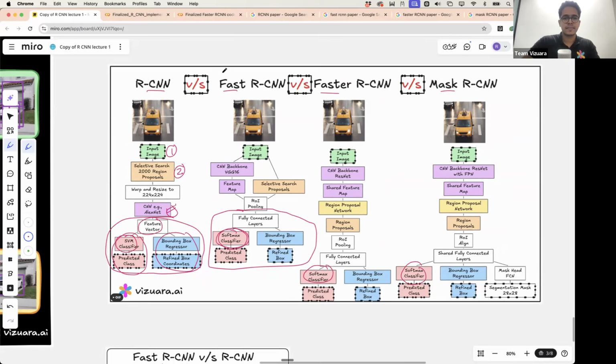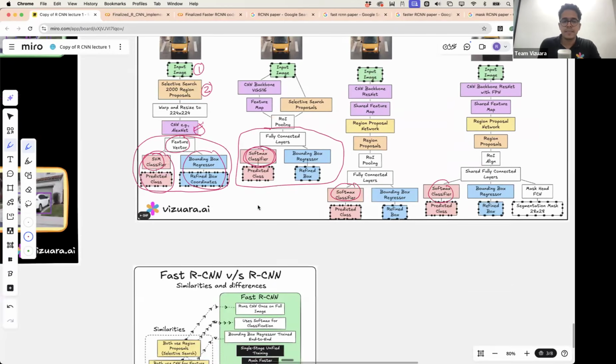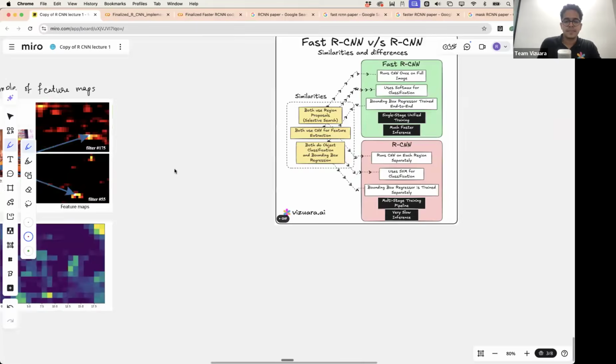Just one second. So once you get the feature map, which may look something like this,